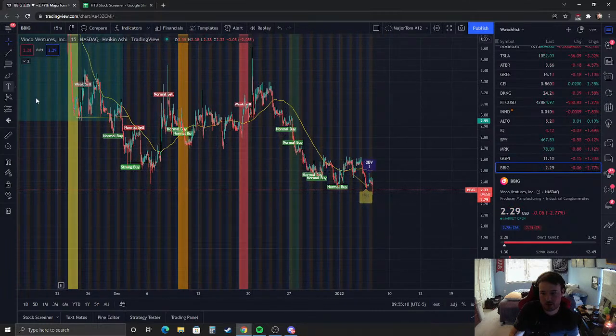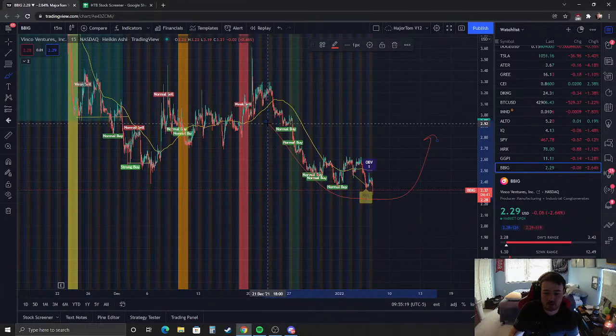It looks like we're ready to do one. It's a cup and handle right now, right? When you see it trending down like this and it starts to curve out, it's a cup and handle pattern. You see the bullish signal building up. It's going to do a cup and handle type deal. The question is when is it going to rebound, right? And I would say at a strong buy.